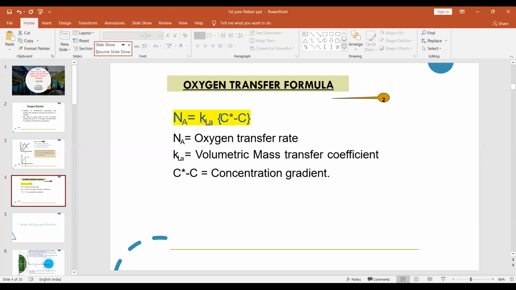That means the area of contact between the gas bubble through which we are transferring oxygen and the liquid fermentation broth present in the bioreactor. So these two are my driving factors behind oxygen transfer, KLA and the concentration gradient. Now let us see the various steps of oxygen transfer. How do we provide oxygen in the bioreactor, students? We provide it by sparging through the sparger. All the oxygen is transferred from the sparger by means of giving air bubbles in the reactor. So let us see the various steps and resistances in oxygen transfer.